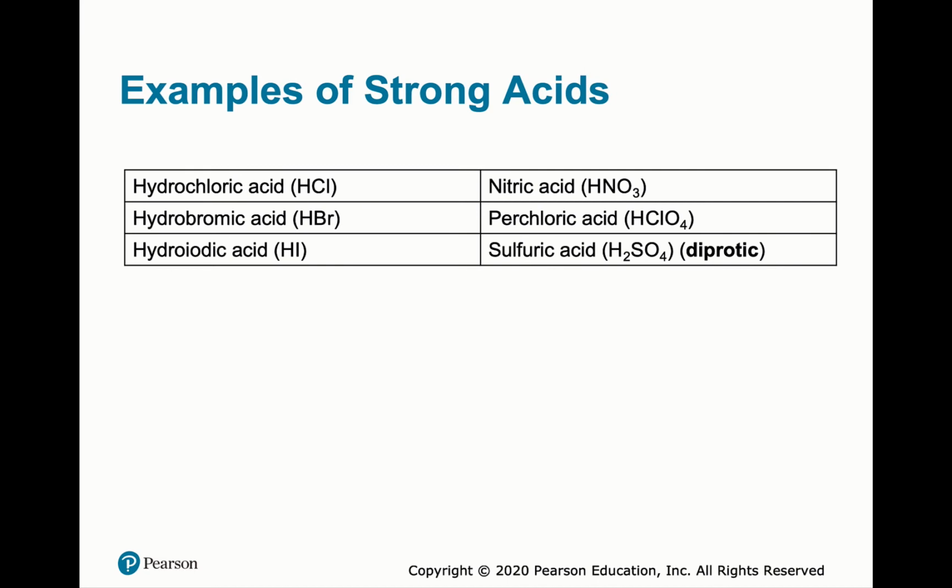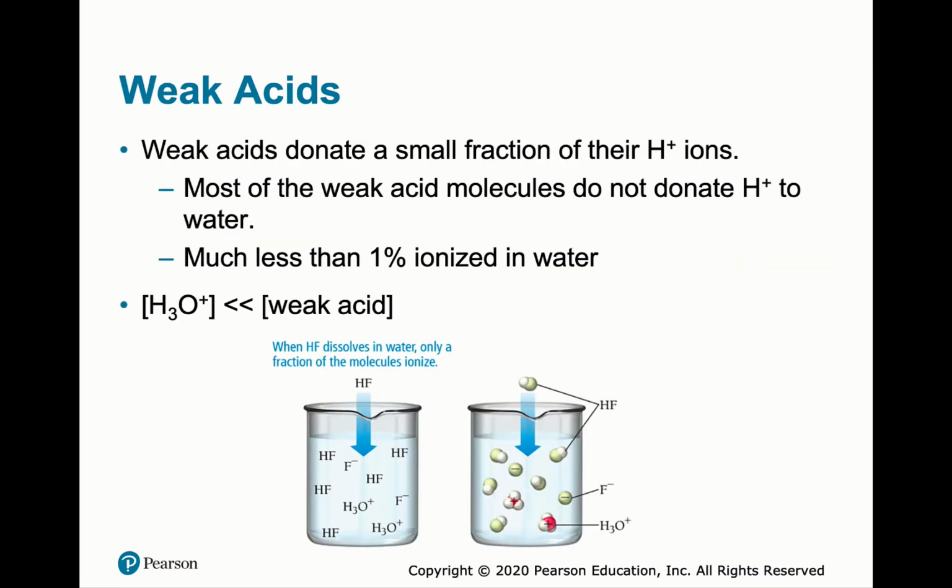And here are the strong acids, and what I actually recommend you do is you just memorize them. So hydrochloric, hydrobromic, hydroiodic, not hydrofluoric, so remember that, not hydrofluoric, nitric, perchloric, sulfuric. And only the first hydrogen on sulfuric. The second hydrogen, so HSO4 minus, is a weak acid as well. So anything that's not on this list is a weak acid. So keep that in mind.